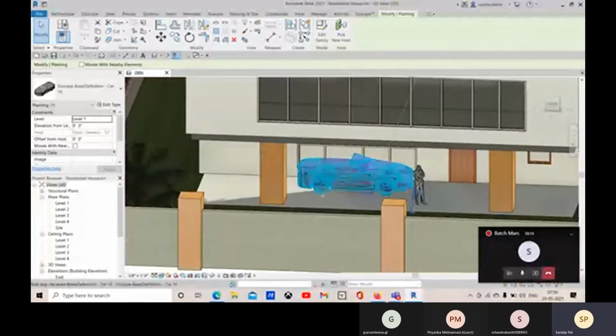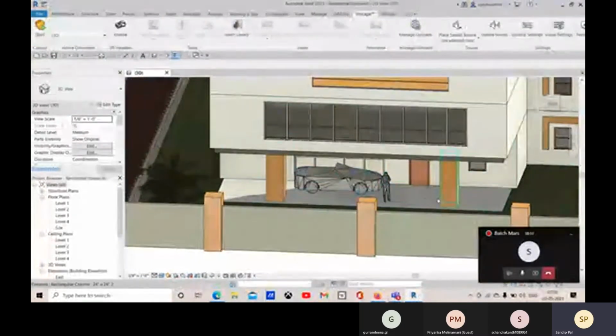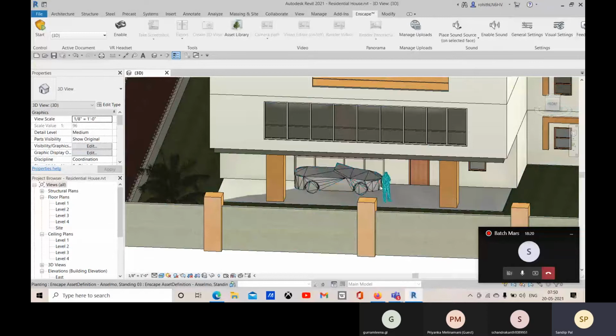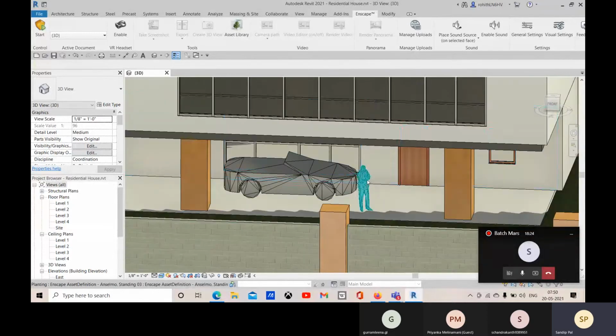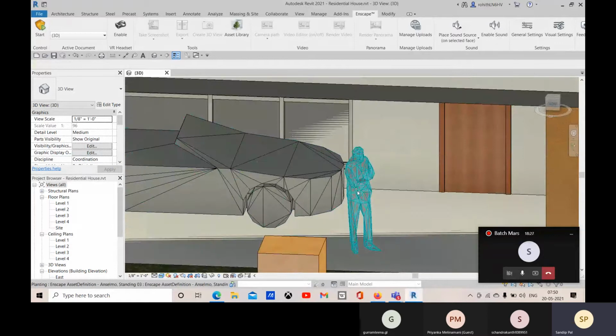And after placing all this asset, if you render in Revit, these assets won't be visible with proper material and proper visualization.